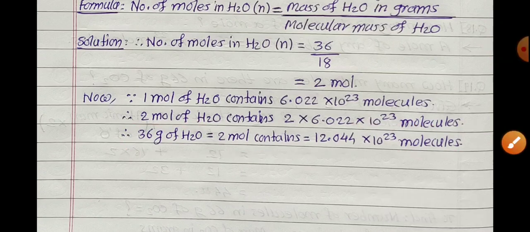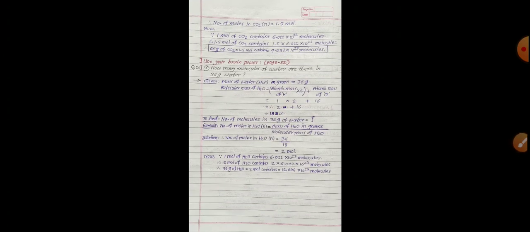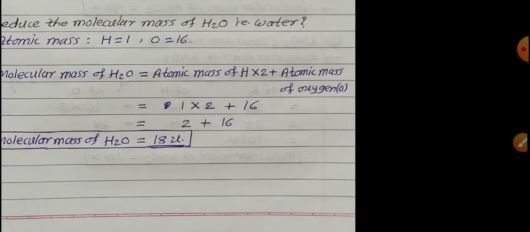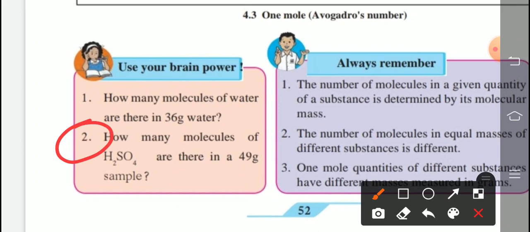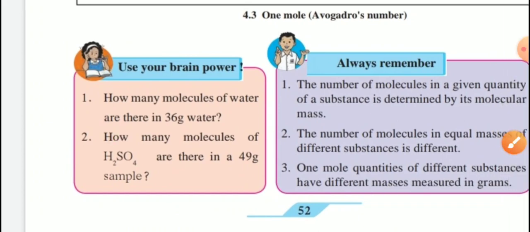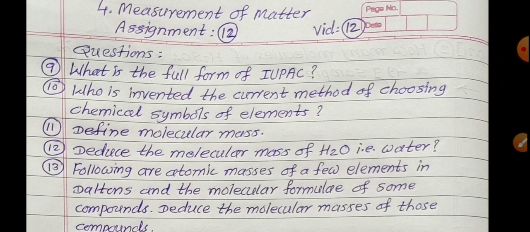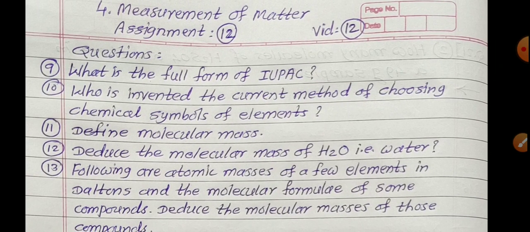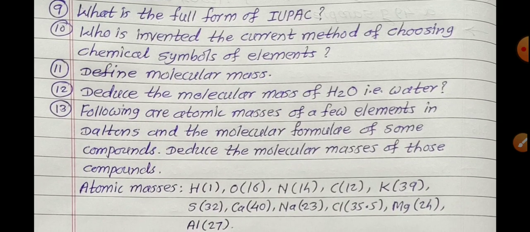So in this way, this numerical problem is asked in the exam. Clear? All are getting? So one more question remains on the same page. This second question is for your homework. Try to find out the answer. Clear? At the last, I will show some assignment questions here, related to this assignment number 12, related to this video number 12. So these assignment questions are related to today's explanation, today's topic.